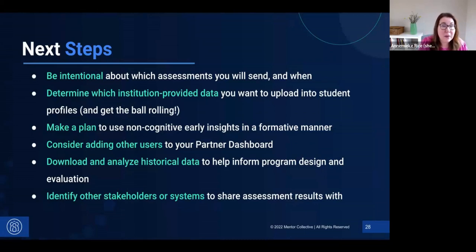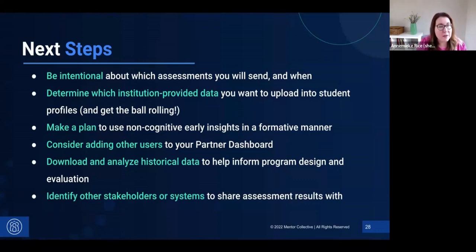So please keep in mind that these data are powerful, and they can also help you with the success of your program, with getting folks on board and using the experience of these students to drive success for many students at your institution.